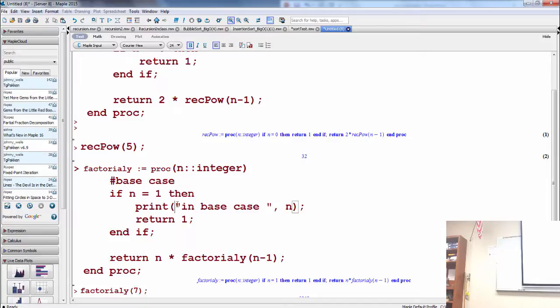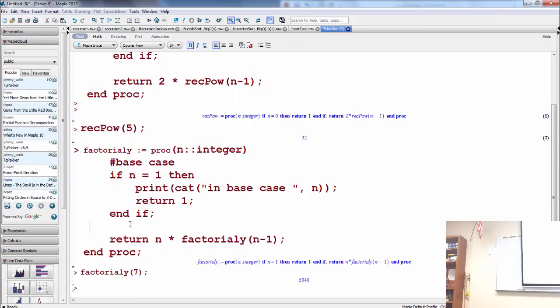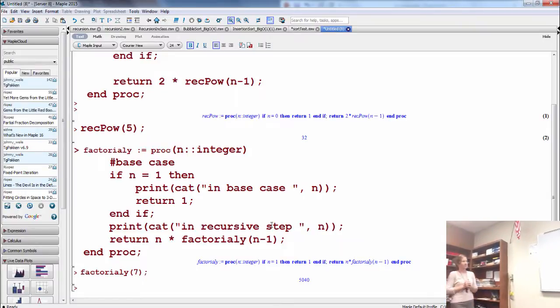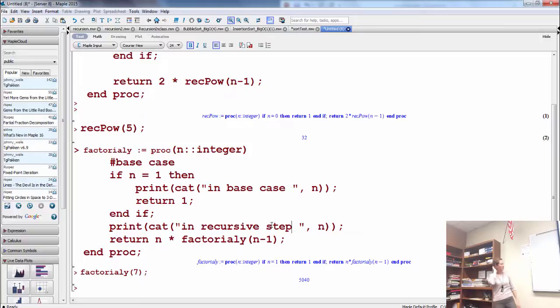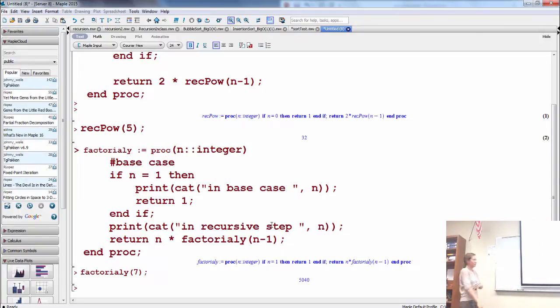And actually, if you wanted to concatenate these things, there is a function called cat. Then before your return statement down here, in these recursive functions, you can print out "in recursive step" and what your n equals at that moment in time. So you can see it go out, then move back in, and then give you the answer. It's kind of like how we wrote it on the board. You'll see it print out like that. So this is called tracing your variable n.